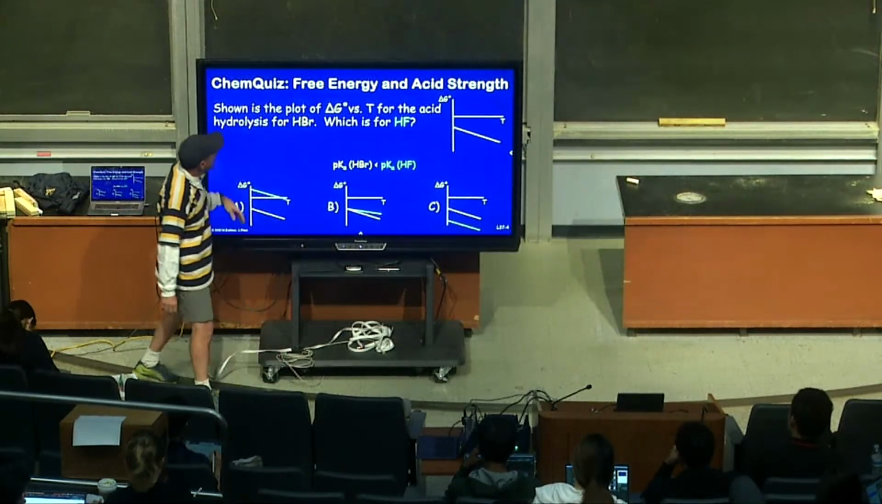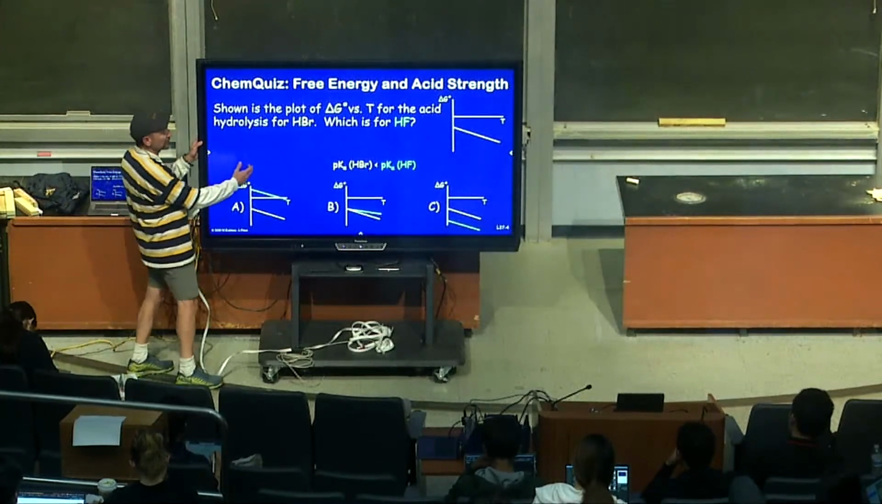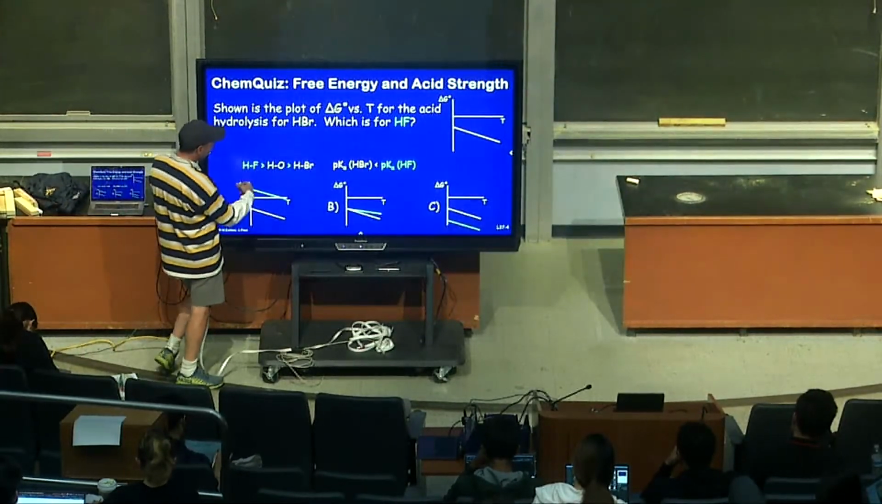The microphone's not on, sorry. They both have a weak acid dissociation constant, Ka, associated with them. So